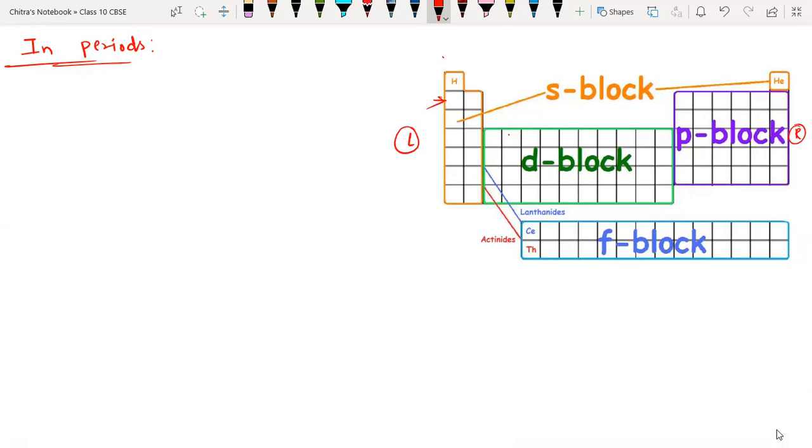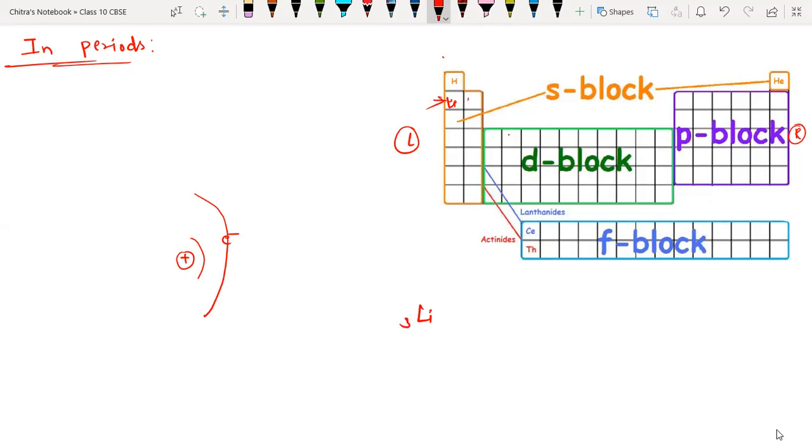I'm just taking the example of the third. So here we have lithium, with atomic number 3. Here we have the nucleus, here the first shell and here the second shell. So lithium has 1 electron in its outermost shell. Is it? Yes, sir. After lithium, atomic number 3,